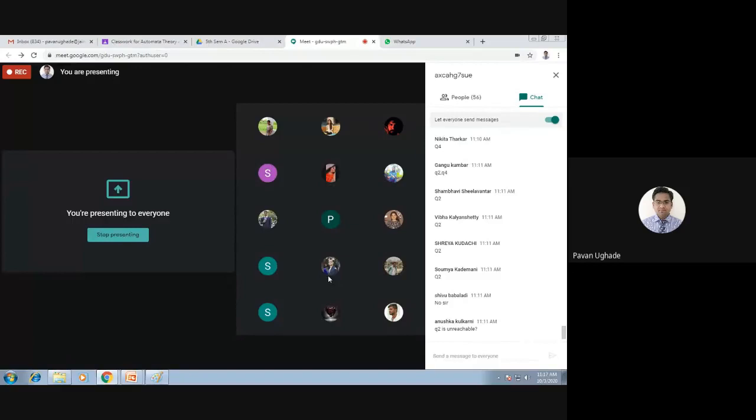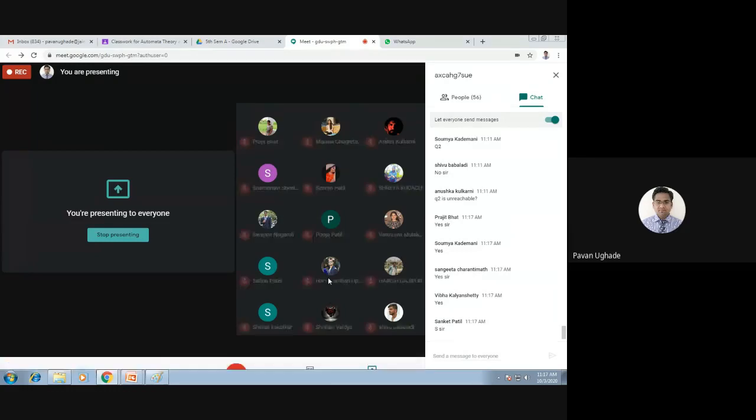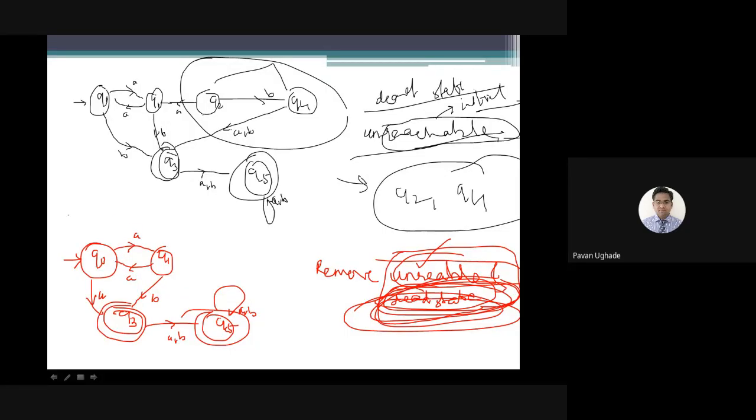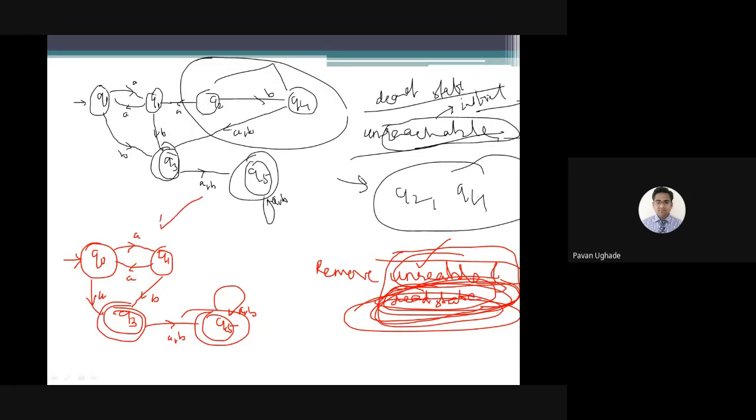Tell me first. Thank you. So now your question automata is changed from this to this, and now you can apply the concept we have learned for minimizing the automata. Right now, instead of having 6 states, in step 1 only you have removed these 2, so you will be left with only 4 states.